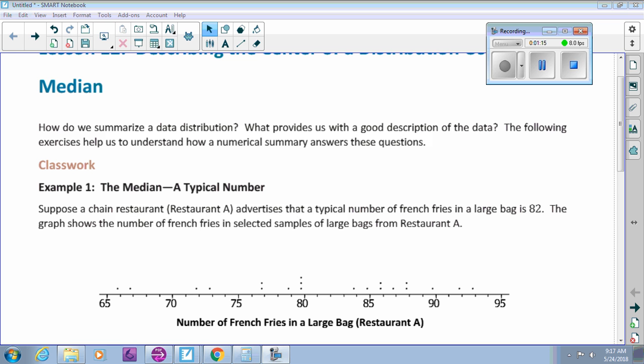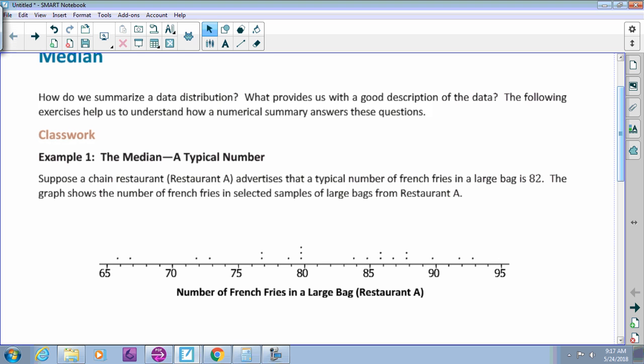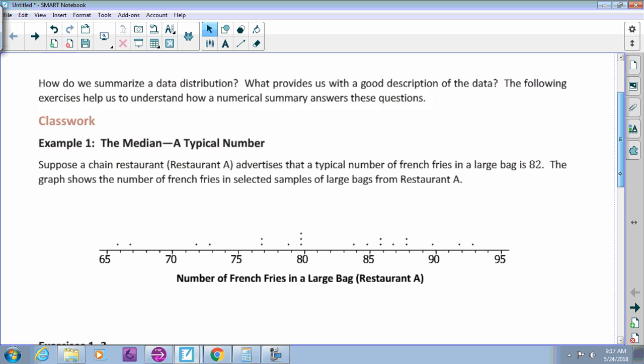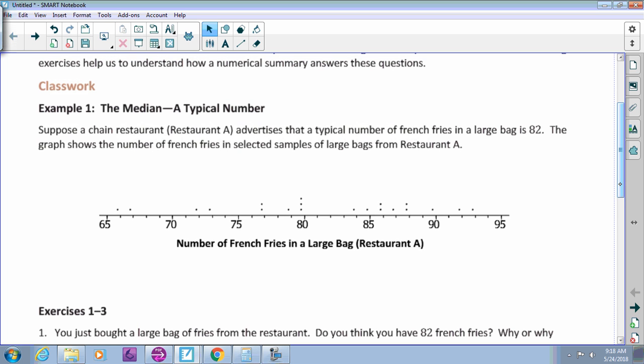So pretty much, we're going to call it Restaurant A, wink wink, Five Guys, and they advertise that a typical number of french fries in a large bag is 82. The graph shows the number of french fries in selected samples of large bags from Restaurant A. So what we're going to focus on today is the median. And so what the median is, let's define that. The median is